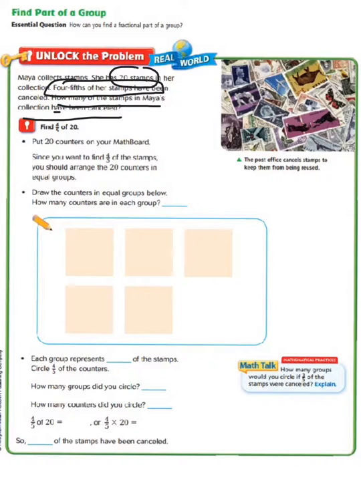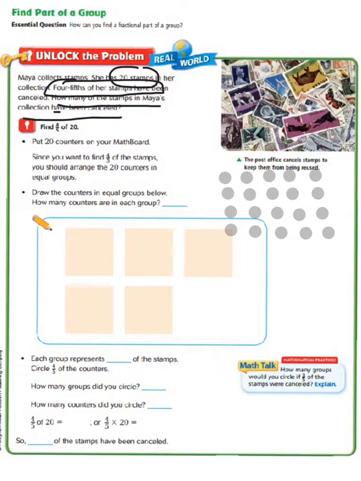Let's go ahead and make those. 1, 2, 3, 4, 5, 6, 7, 8, 9, 10, 11, 12, 13, 14, 15, 16, 17, 18, 19, 20. There are 20 counters. Since you want to find 4/5 of the stamps, you should arrange the 20 counters in